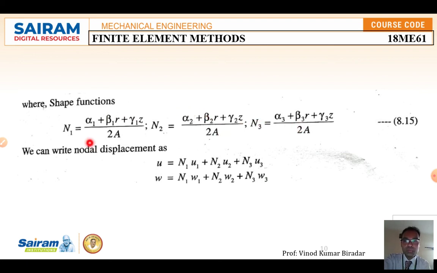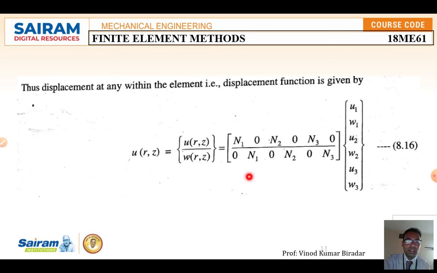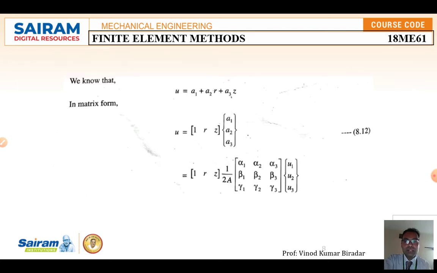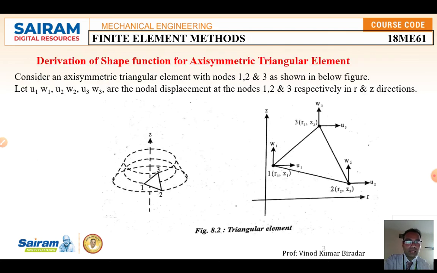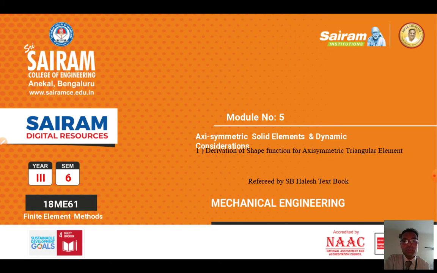So look at it, just observe here, for the shape function n1, all values are 1 1 1. So second element n2 is 2 2 2, n3 is 3 3 3. Okay, so like this you have to remember. Okay, so up to here you have to derive the equation. Okay, so this is the derivation for the shape function of the triangular element. Okay, that is not the element stiffness matrix, it is the shape function. Okay, so you have to derive the shape function equal to this. Okay, so I hope you understand that.